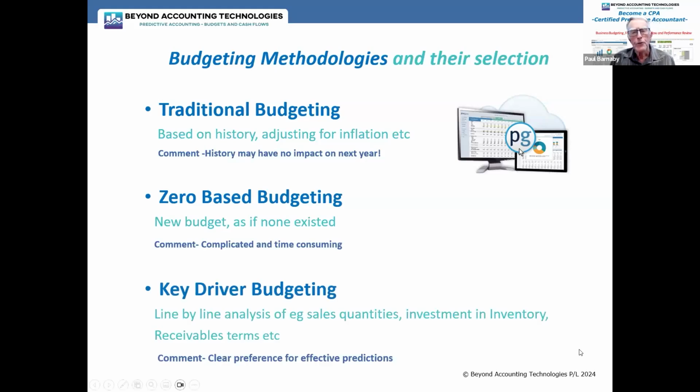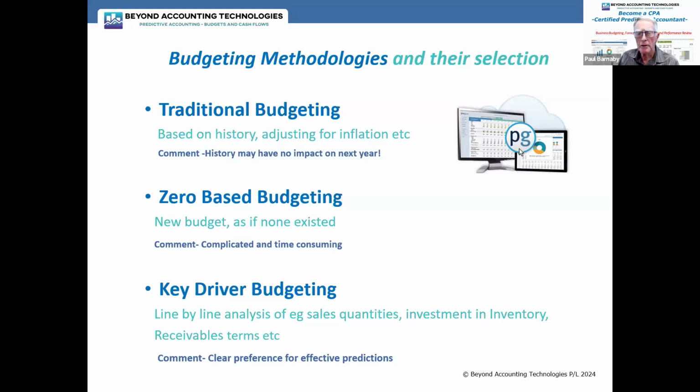Because the third choice of budgeting methodologies, and the one that I only work with, is key drivers. Working with your client, finding out what's driving sales. Is it units of product that we're going to deal with? Is it services charged by the hour? What is it? But find that driver.